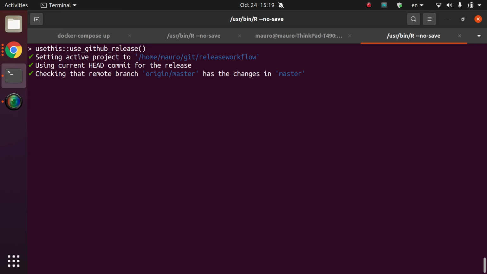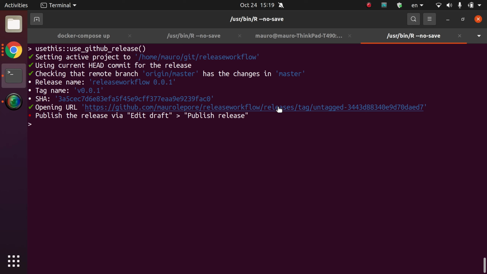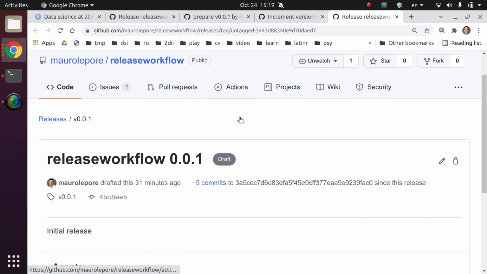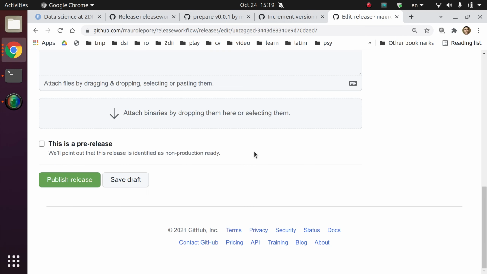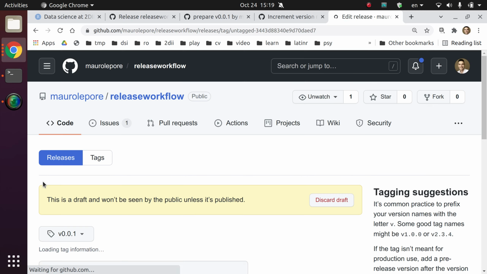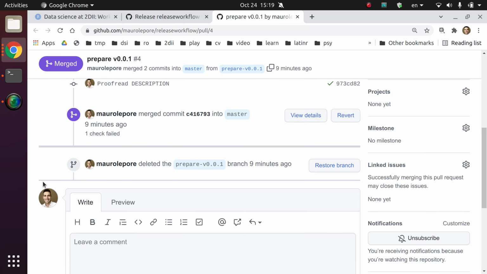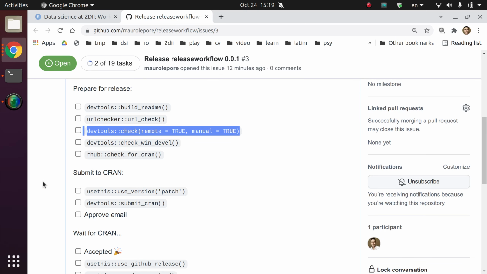It opens the releases page on GitHub, but I wanted to show you this first. We are asked to go and edit the draft and then click on publish release. So that's what we need to do. So on this page that opened automatically, I click here on edit the draft, scroll down, find publish release, click there, and we're done. So I can close that, close this one too, close this one too,